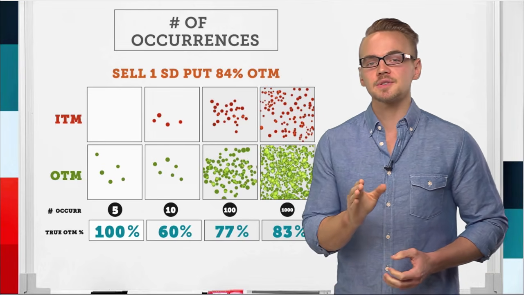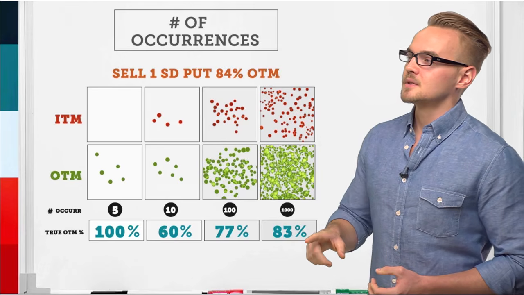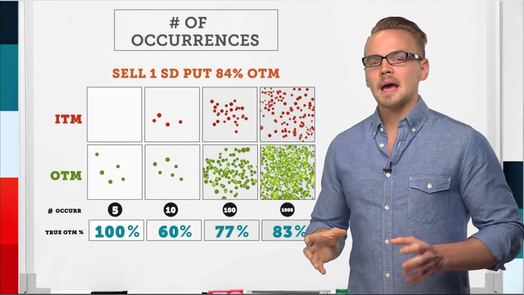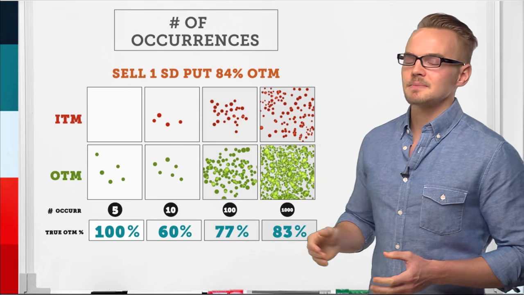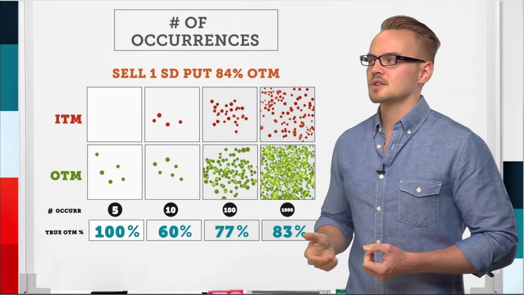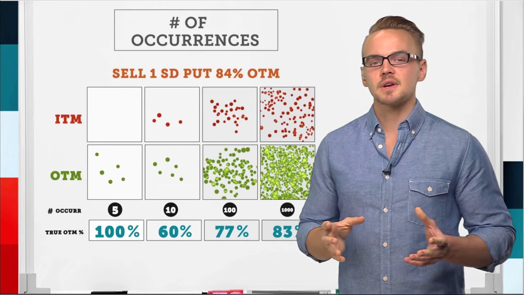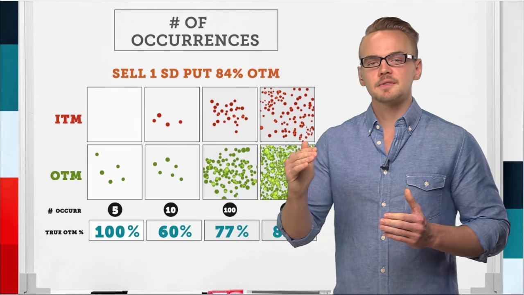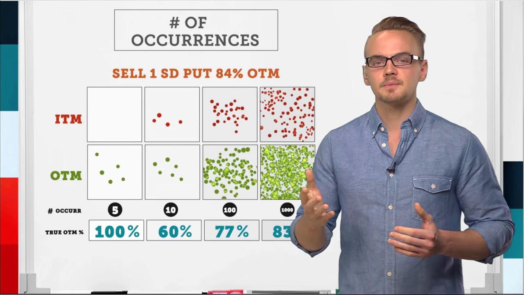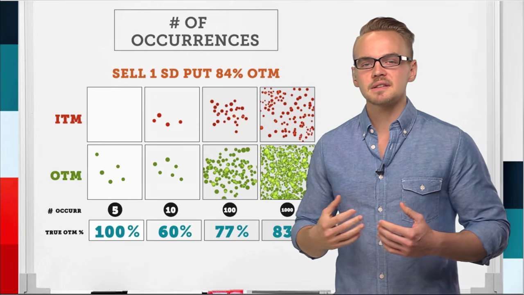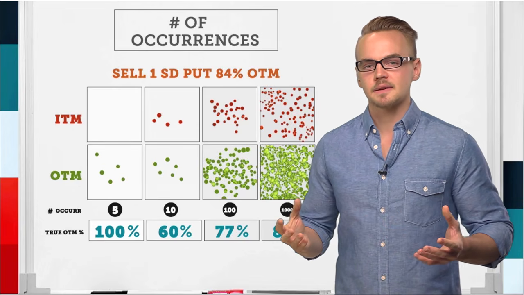Now, what's very interesting about this is that you can see that these true out-of-the-money percentages vary quite a bit. What happens if I were to manage my trades at 50% winners? Basically, you're going to see all of these go up. And that's because if I'm not holding a trade till expiration, if I reach 50% probability of profit, which you might hear on the Taste Trade Network all the time, and I'm taking that trade off, basically I'm removing the risk from the trade.